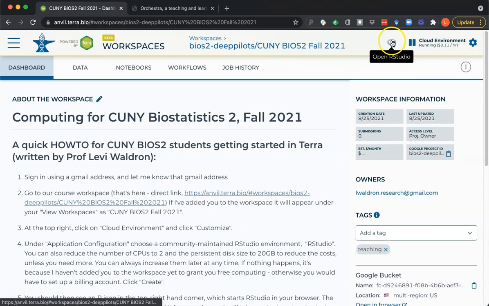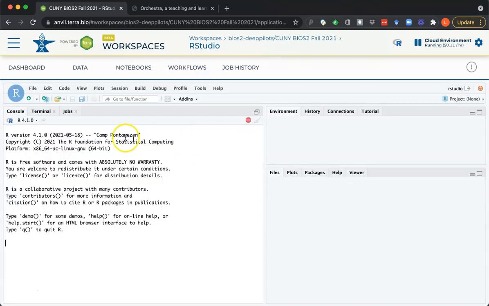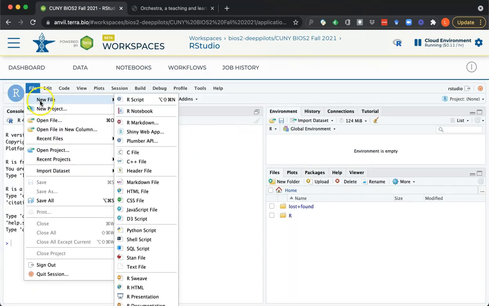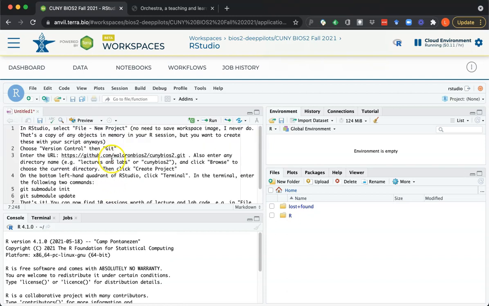Let's see, click on my OpenRStudio again. I could open those in different windows. That would be one way to do it. But for now, I'll just make, let's say, a markdown file, copying these instructions,